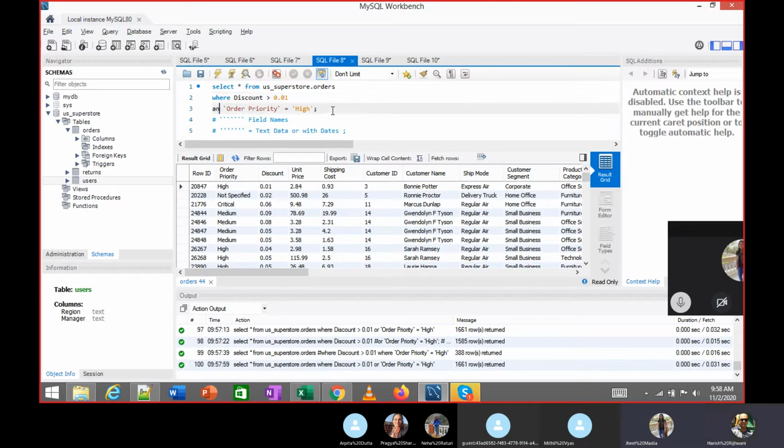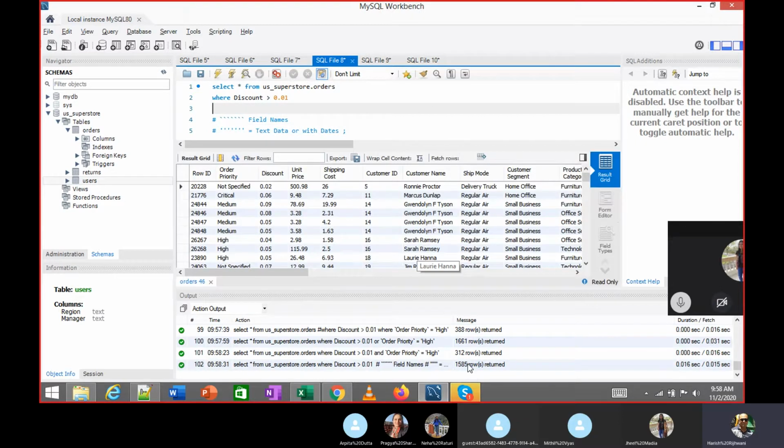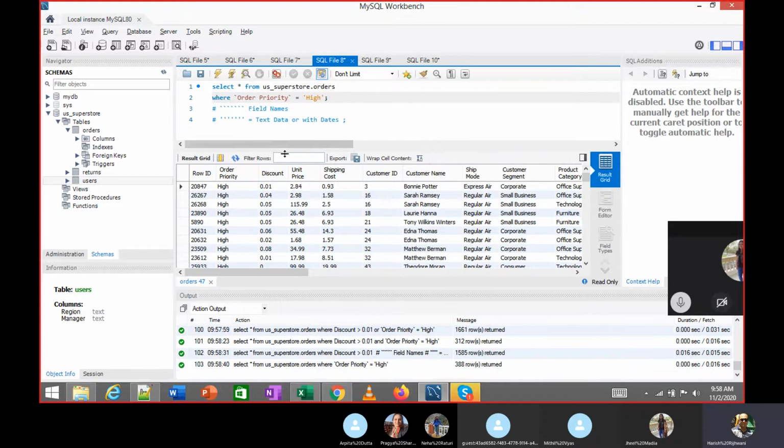Earlier, when I was using AND, I had shown you that we can sum those two values. Discount greater than 0.01 is 1585, and high priority is 388.